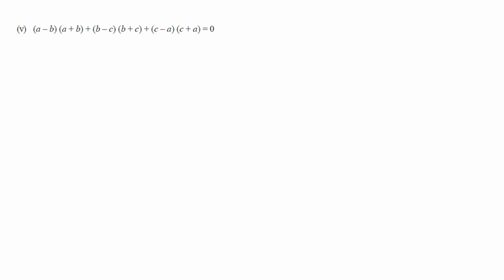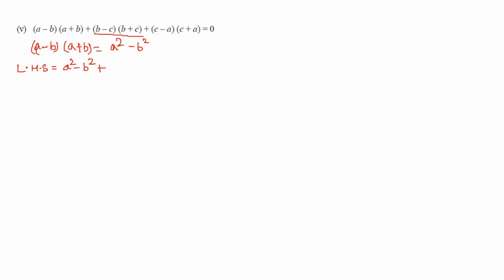So all are based on the same identity, which gives me a square minus b square, right? So LHS, first (a minus b) into (a plus b) is a square minus b square